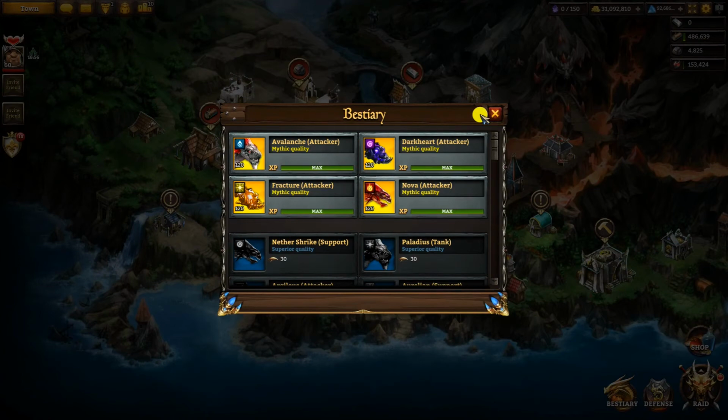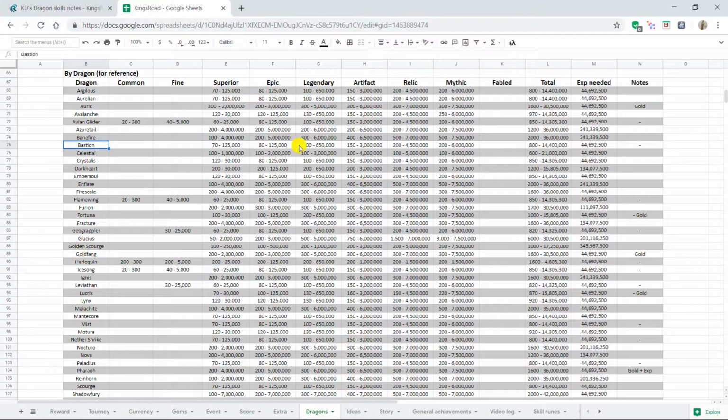This is continuing with the Attack of Dragons, the third set of 3, except it's actually 4 this time. We are doing Avalanche, Nova and Darkheart, with Fracture coming in there as well, because Fracture is basically an identical copy of Darkheart, so may as well put the two together. This set of dragons is probably my favourite set. They are some amazing dragons, so let's get stuck into it with Avalanche first of all, as we look at